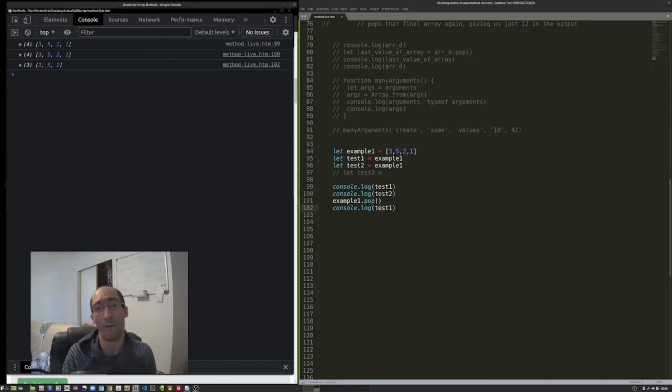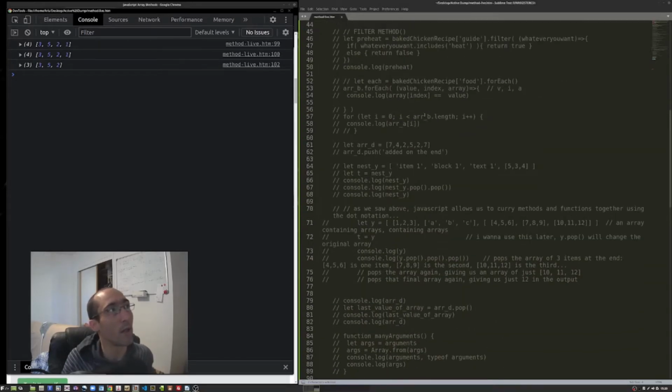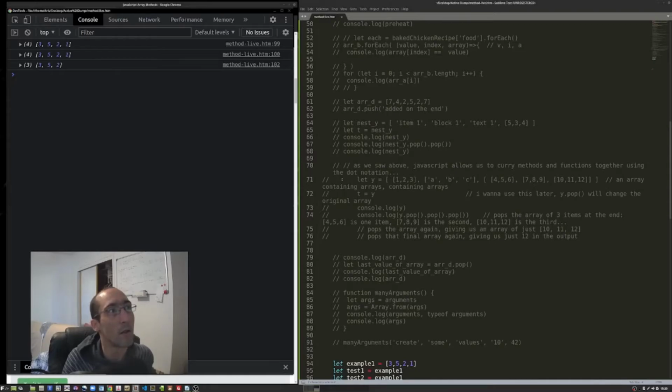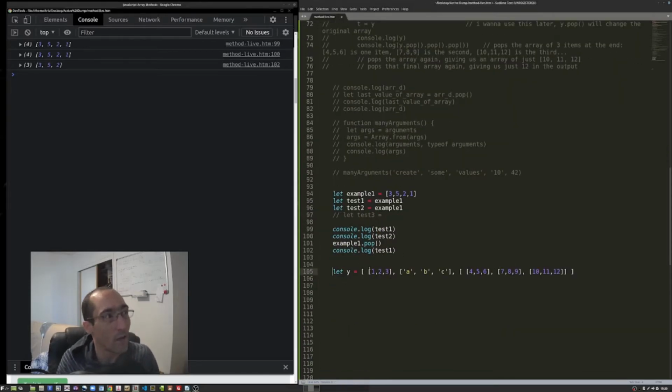Now, to fix this, this is what's called a shallow copy. To fix this, there are a couple ways of doing it. You can do a shallow copy, but that won't change any of the embedded arrays inside of it. In other words, like we did up here, where was that? Yeah, right here. Copy. Paste. Any of these embedded arrays aren't going to get copied when we do a shallow copy,